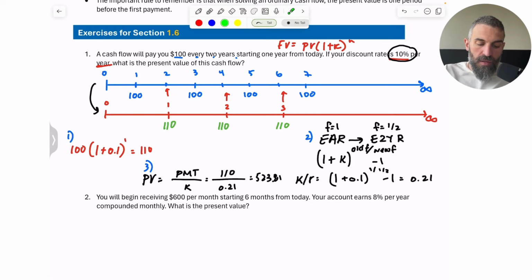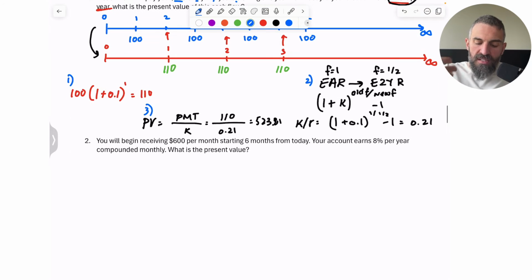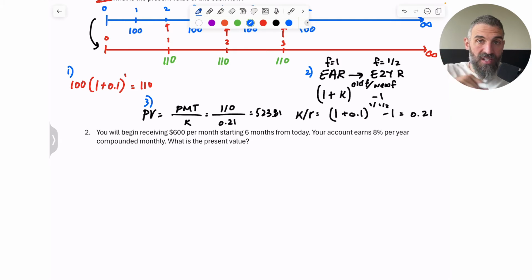Okay, let's do another one. Now, we saw what to do in this particular situation where the first payment was in the first period, but kind of in the middle, right? Which is awkward. Well, now let's see a situation where the first payment is not even in the first period at all. So you will begin receiving $600 per month. Okay, so you have a frequency of 12,